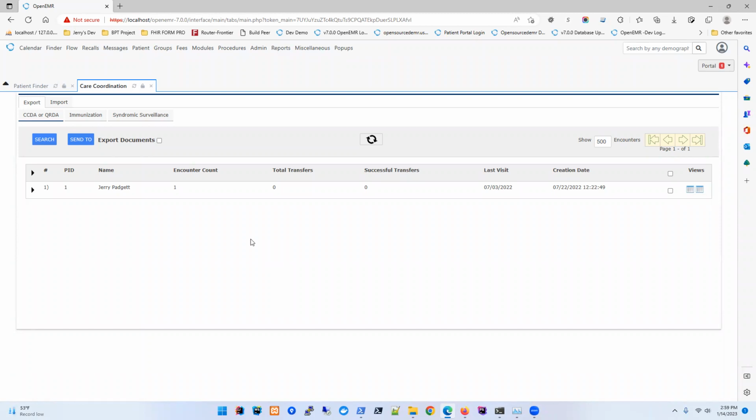Okay, we took a little bit of a break there for an issue that had nothing to do with the CCDA install. So moving on, I was showing the generation of a CCDA and how to export it. So we went through the search, and in my case, I only have one patient in this particular database. So you can select the patient, select download for CCDA, then send it,